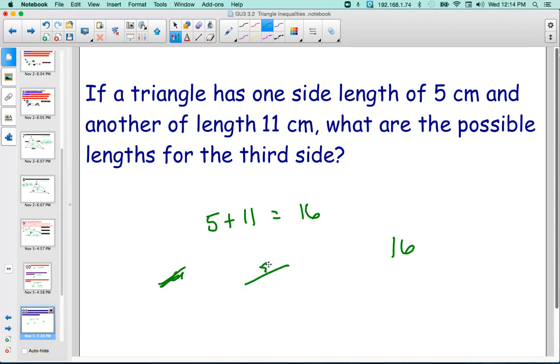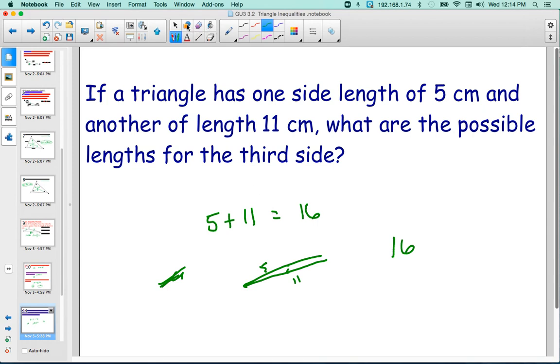So this is my 5 length. That's my 11 length. Actually, I made this obtuse, didn't I? This is the example where, no, I did this right. So I make the really small angle here. This third side here,